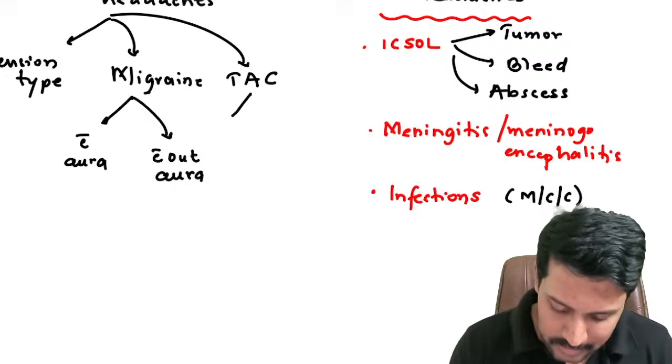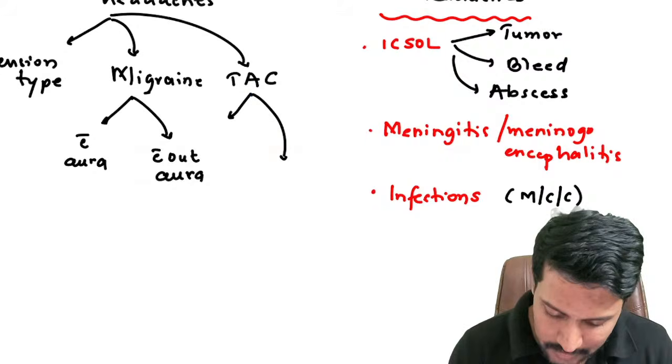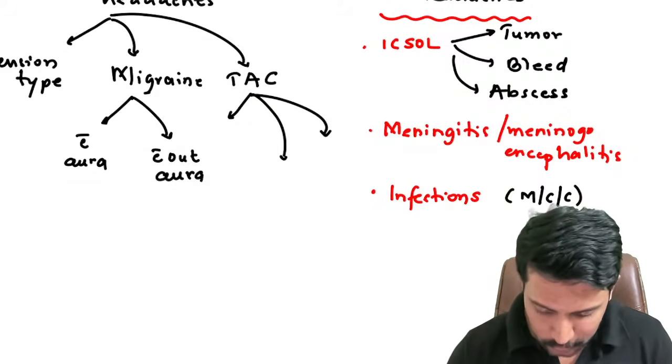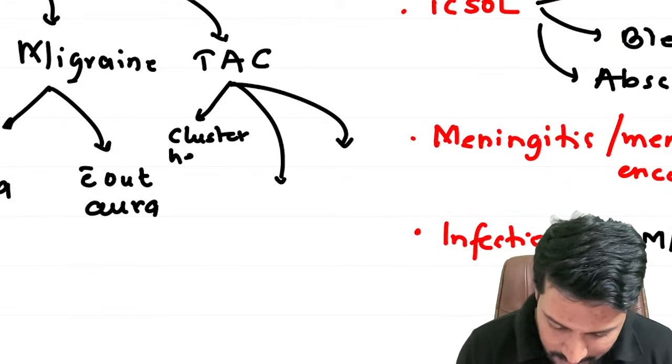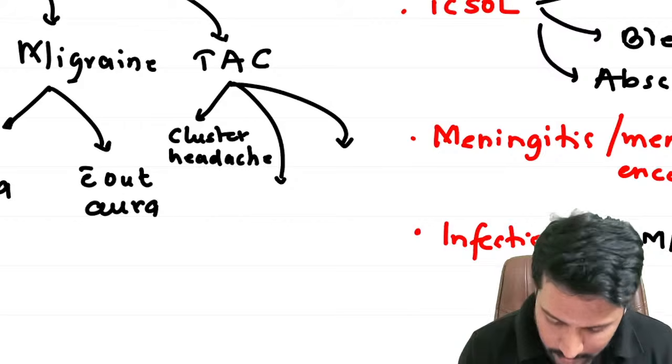And within this trigeminal autonomic cephalgias, we have three subtypes. So the first one, which is most important, most common trigeminal autonomic cephalgia, is cluster headache. Then we have